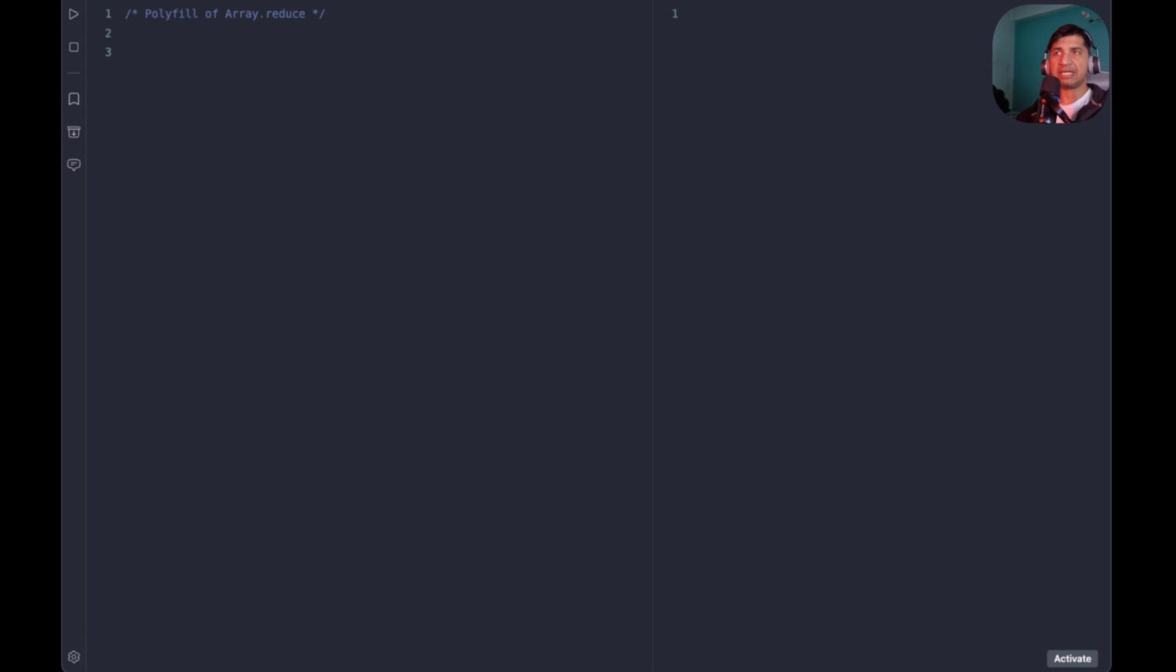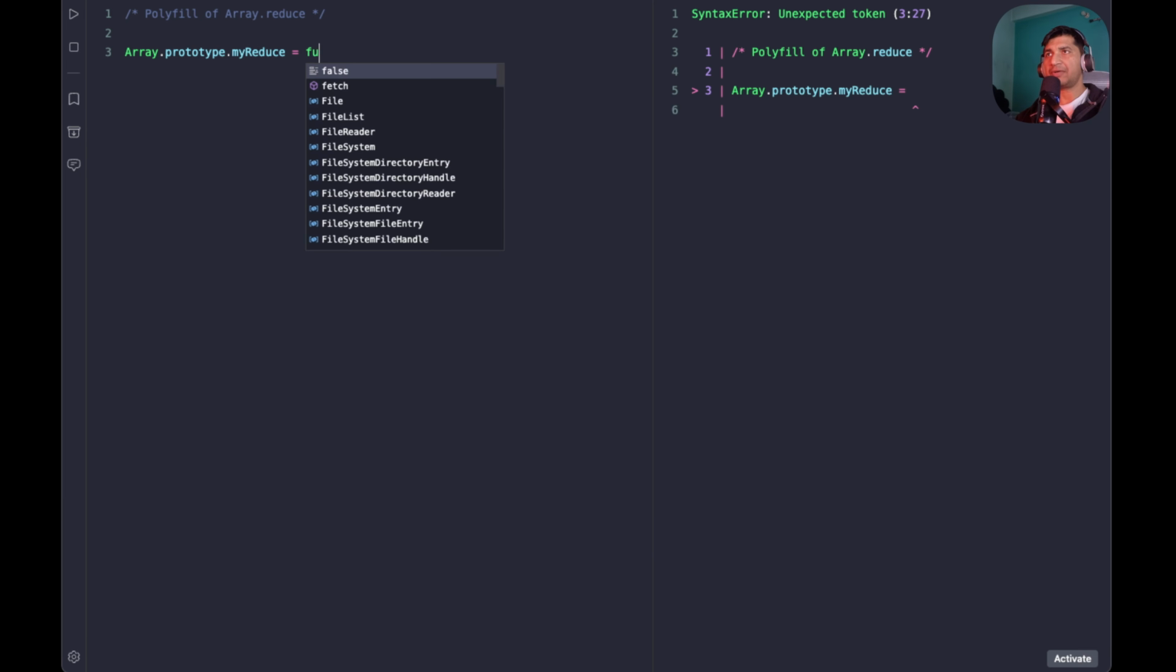so let's jump into the coding part. You have to make a polyfill. So for the polyfill, we'll make this on the prototype, prototype dot reduce. Okay, now you assign a function. This function will take a callback and an initial value if you provide. Now